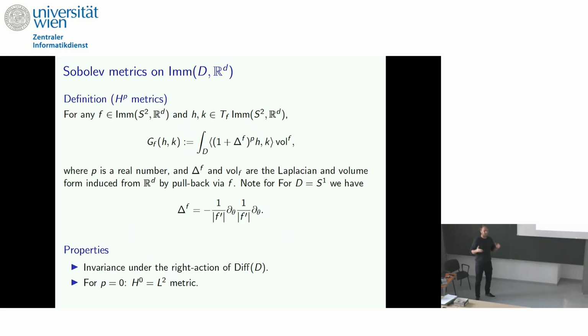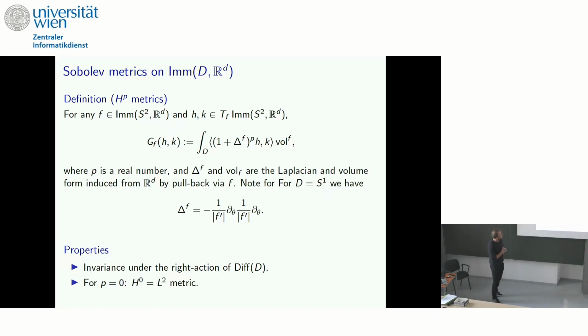Okay, so the L2 distance says all shapes are the same, so it's not a good idea to use shape analysis with this, because if it says everything is the same, it won't lead to any interesting properties. But we know there are L2 spaces, and if L2 spaces are not good enough, what do we usually do? We probably look into Sobolev spaces. And we can do the same thing in an invariant way. So instead of just integrating the L2 norm of the tangent vector, we want to integrate some Sobolev norm of the tangent vector. So we include the Laplacian, and since we want to have everything invariant, we use the surface Laplacian, and then it's an easy exercise to show that this is again an invariant Riemannian metric.